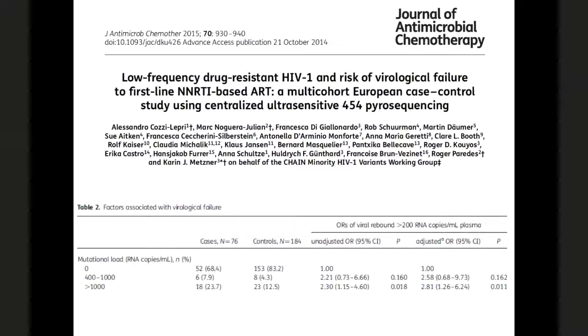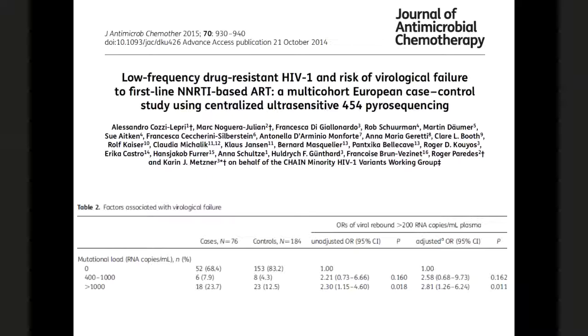But I would say that we've not really had the tools to look at this at sufficient scale. What you want, of course, is a highly quantitative sequencing method where you can be confident of the mutational loads that you obtain. And so I'm hoping that the methods and the pipelines that we developed will allow us to address this in